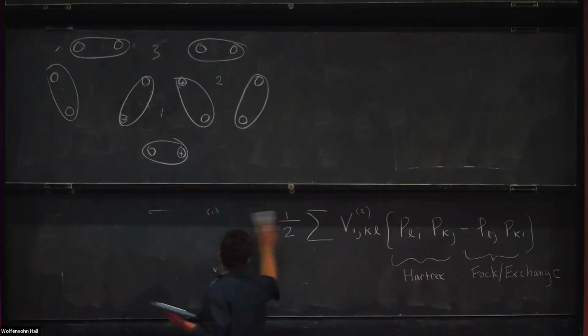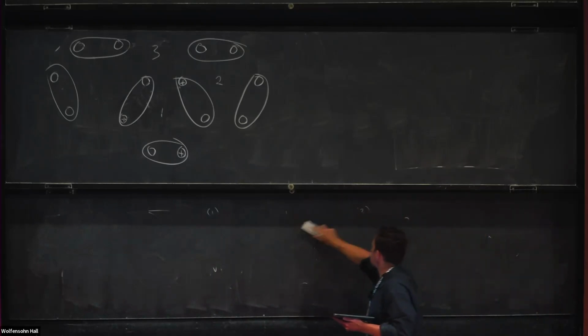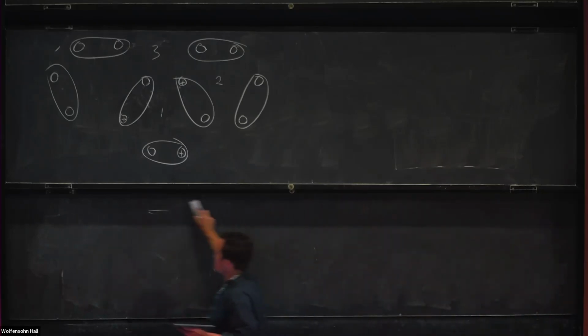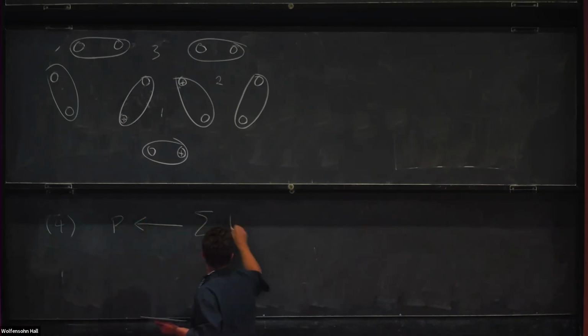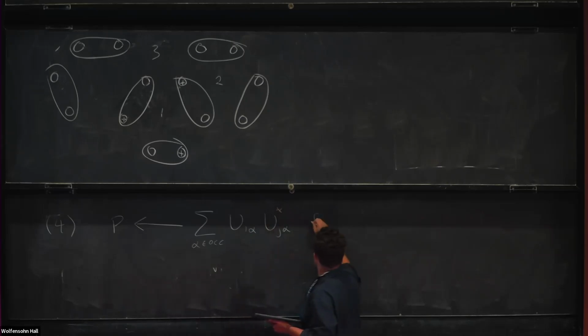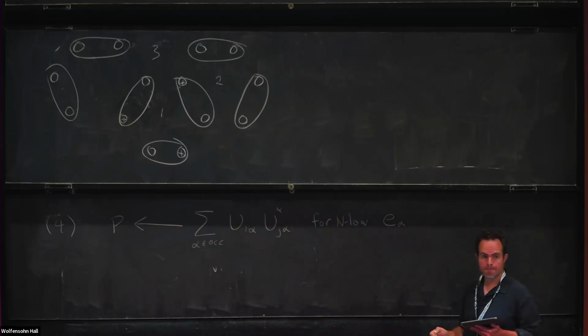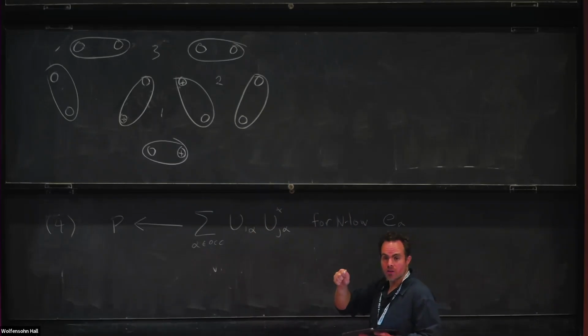And then at the next step, you make an updated guess for the projector, which is to fill the lowest energy orbitals of the Hartree-Fock Hamiltonian. So step 4, you update P to be equal to the projector onto the n lowest E alpha. As you do this, you tend to find that the energy goes down, and eventually you achieve a fixed